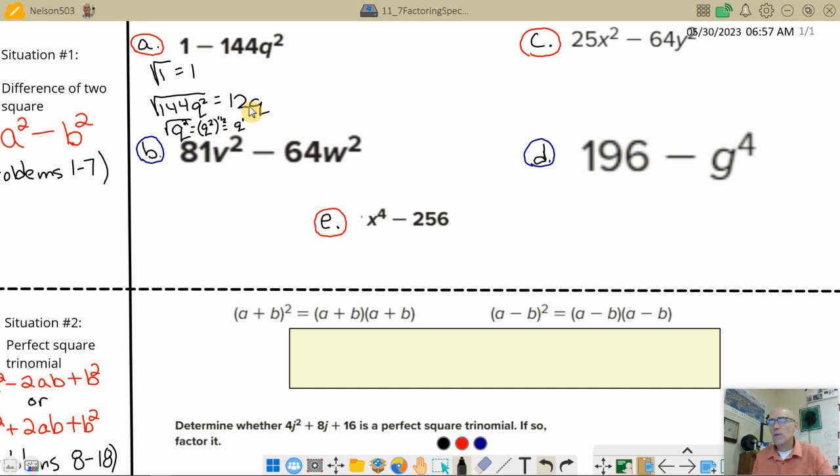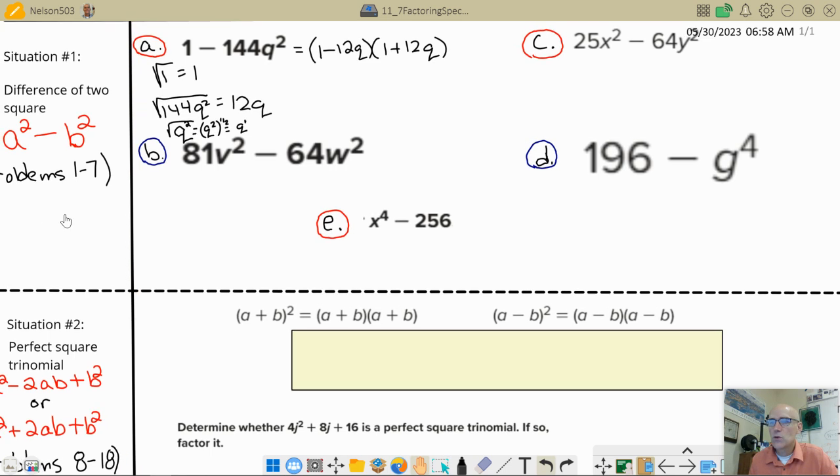So what's the next step in this problem? Well, the next step is just to say, okay, I'm going to take the 1, that's the square root of the first term, and I'm going to subtract the square root of the second term, 12q, and then I'm going to multiply that by 1 plus 12q. And why does this work? Well, when you have, I should say, the difference of two squares,